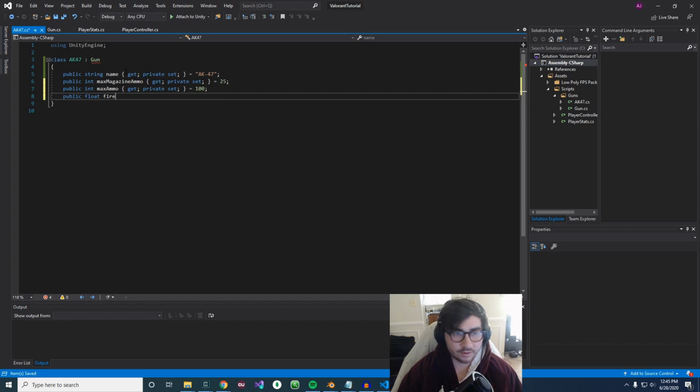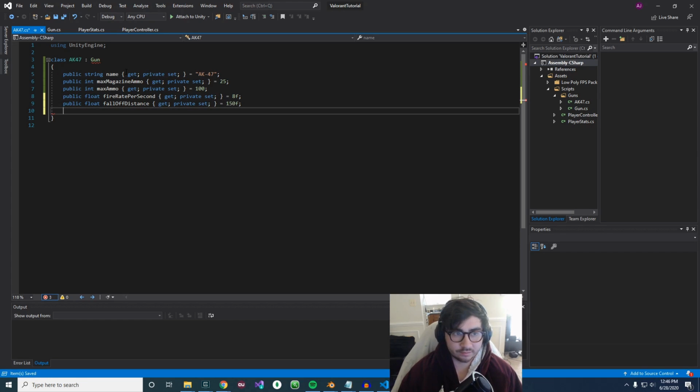Public float fire rate per second get private set 8f. You can always mess around with these numbers to your liking. Public float fall off distance get private set